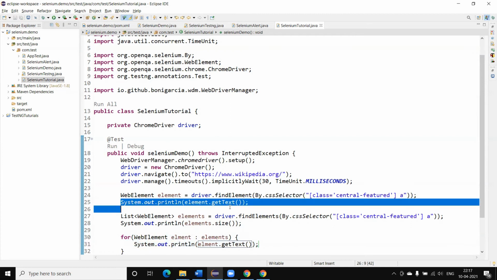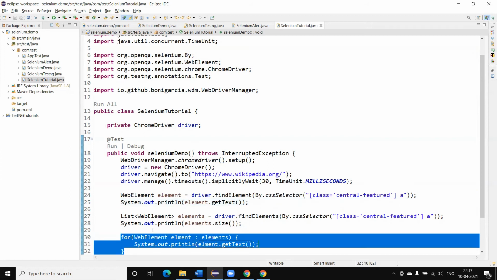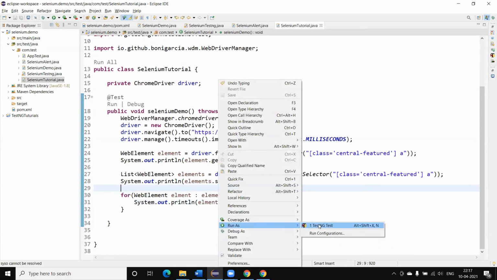Now here I will get one element's text, the first element, English, and this will print all the elements after size. Let me run now.